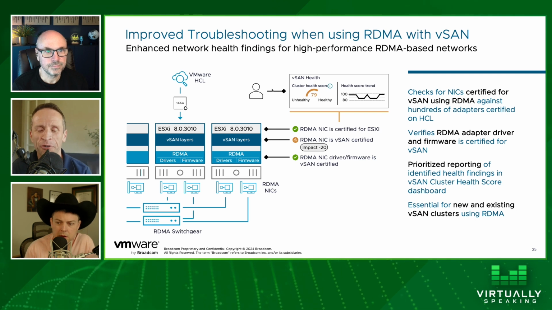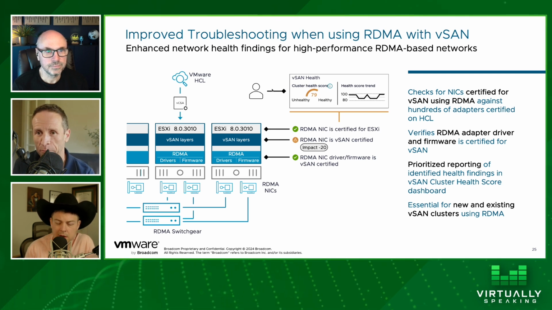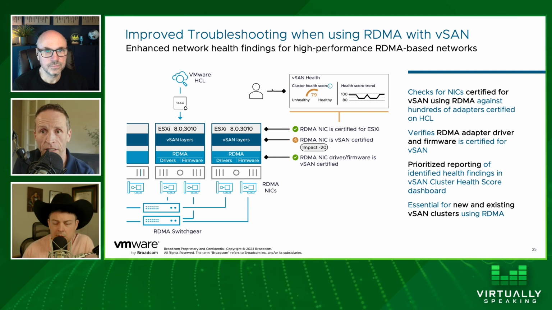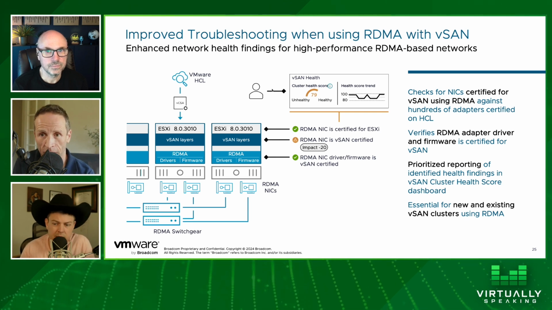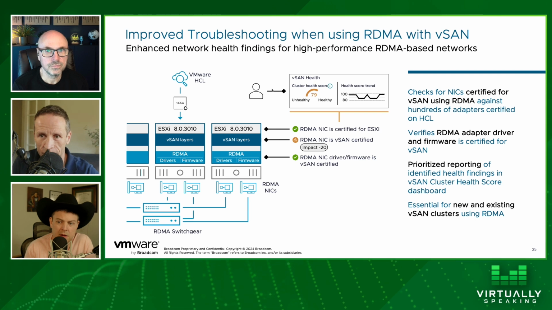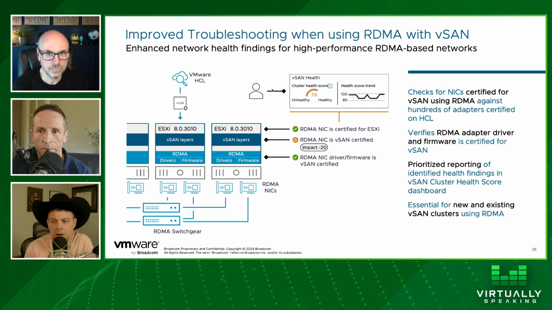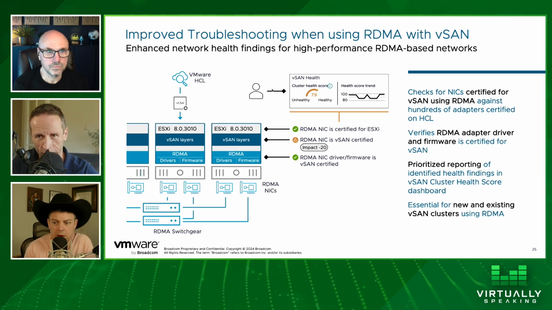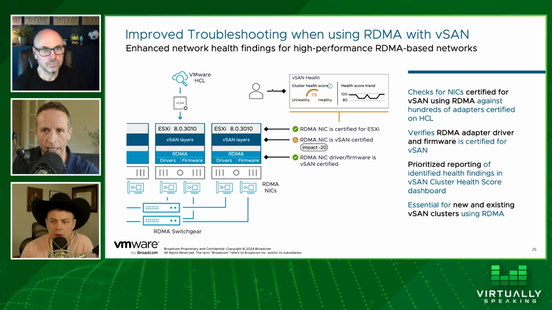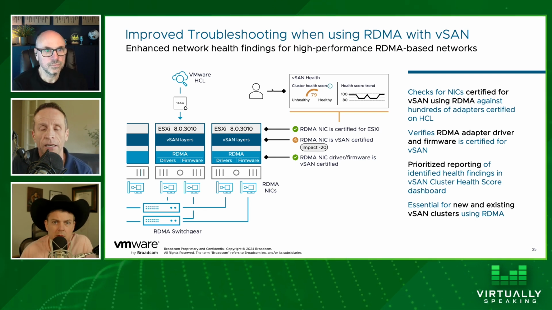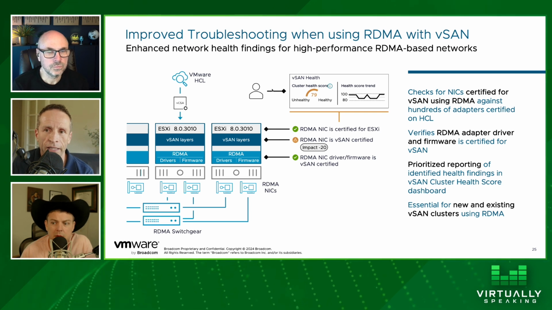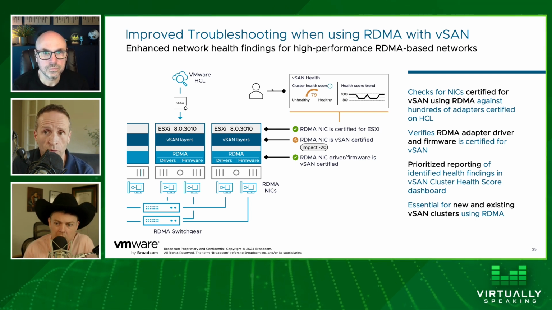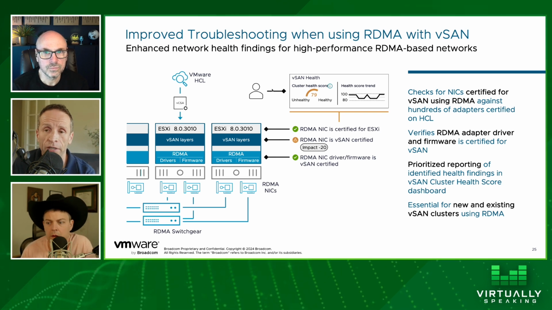In order to create a high performance network, you need to be highly dependent on the configuration of those network interface cards, as well as the switch gear that they ultimately will connect to. Now, we don't have a lot of control over the network switch gear. Of course, that's sort of outside the domain of our management capabilities, but we do have some visibility on these